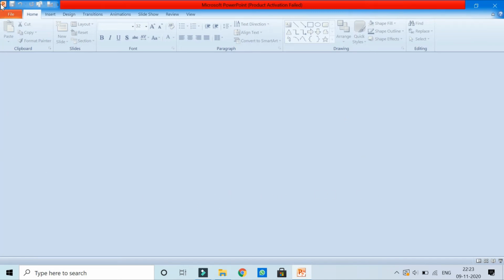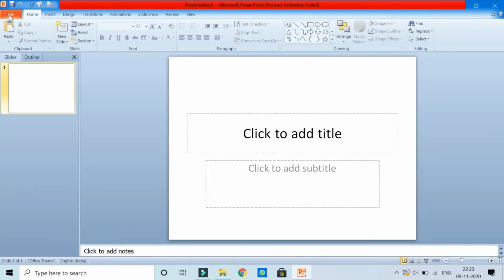If you want to open a new presentation, just now I told you the shortcut key, you can press Ctrl plus N. Automatically you will see the title slide has come on the screen, and on the title bar the name is Presentation 2. This way you can open a new presentation in your PowerPoint.